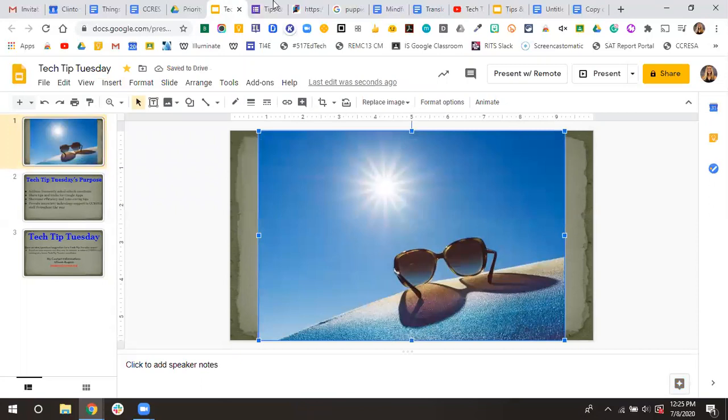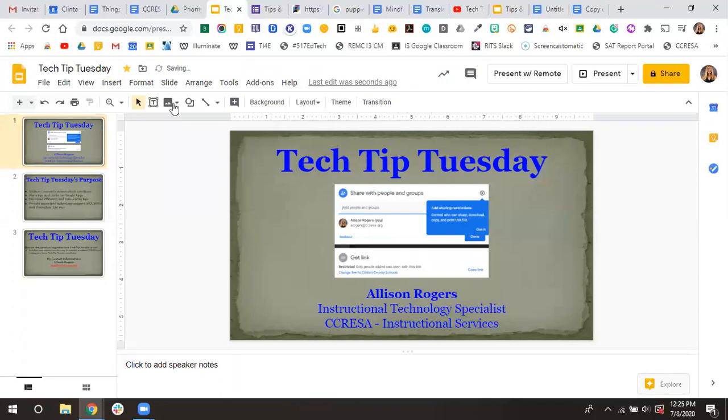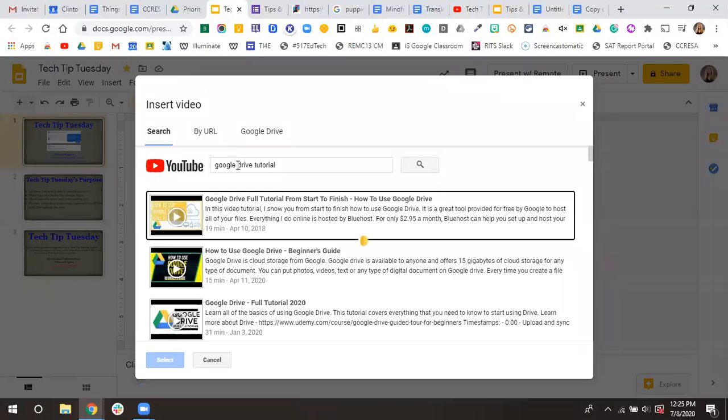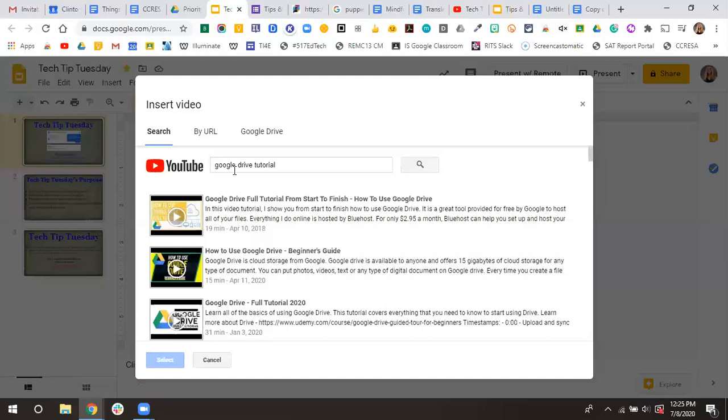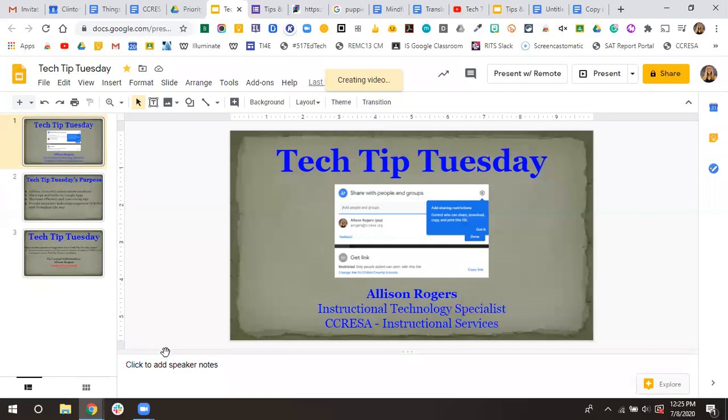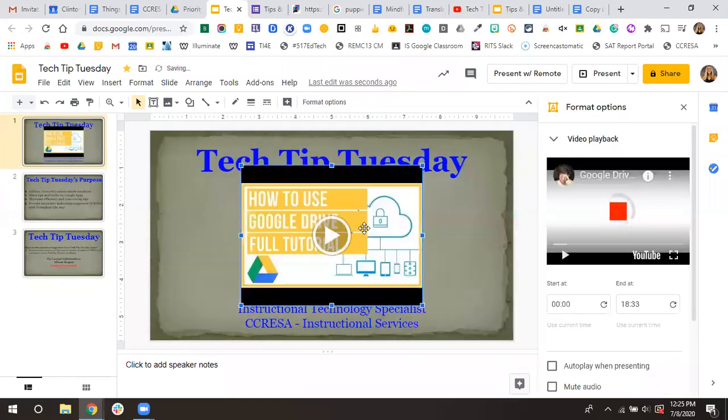right? So instead of having to go outside of my slide deck, go to Google, I can insert it right there. The same thing applies if I wanted to add a video. Insert video, and I can actually search within here, like it's embedding YouTube right here. So I can type in whatever it is that I'm looking for, or find one from my Google Drive, right? Select the video,